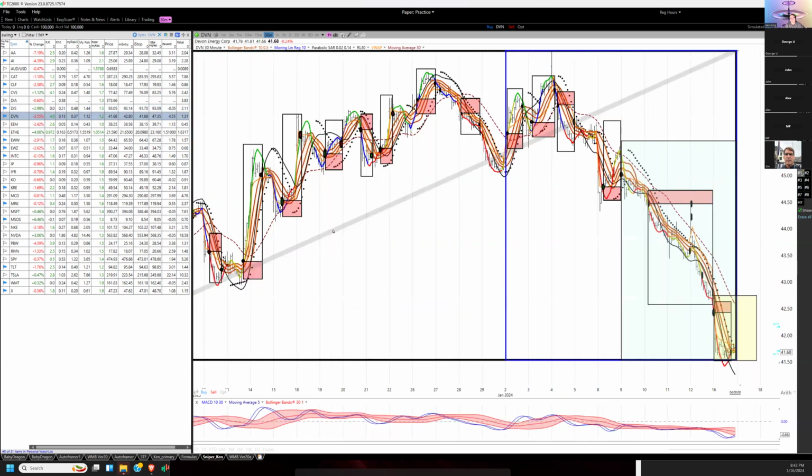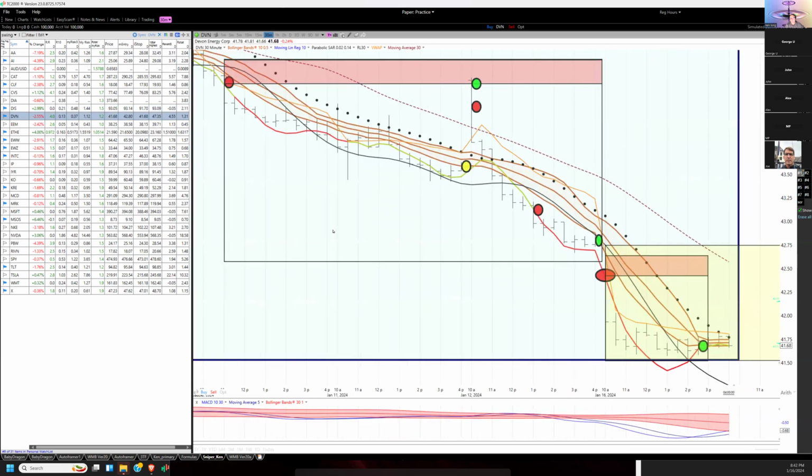Devon Energy. This was a continuation short. So here's the primary trend, which closed there last Friday, then gapped down here and started selling off. So that's a no-brainer. There's no resistance, no support, I mean. So standard risk, it sells off and then just, as long as this stays under the VWAP, then everything is